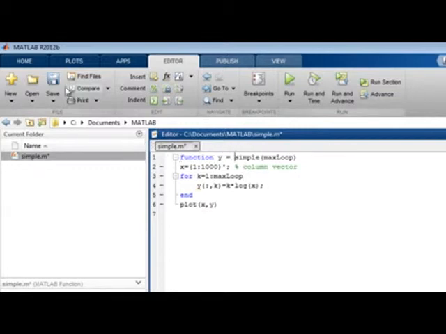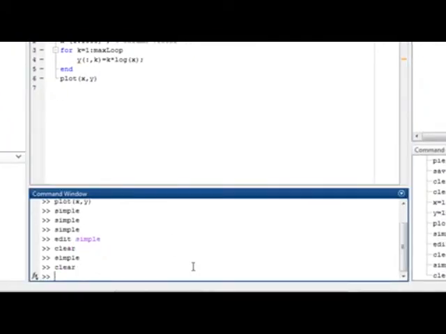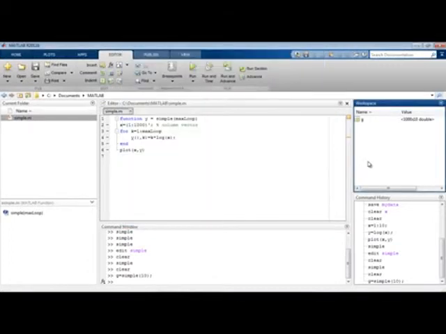We will save it, clear our workspace, then call our function assigning the result to a variable g and specifying an input argument of 10. Here we see that there are 10 lines on the plot, and g is the only variable returned to the MATLAB base workspace. You can call a MATLAB function or script from another function or script, allowing you to create